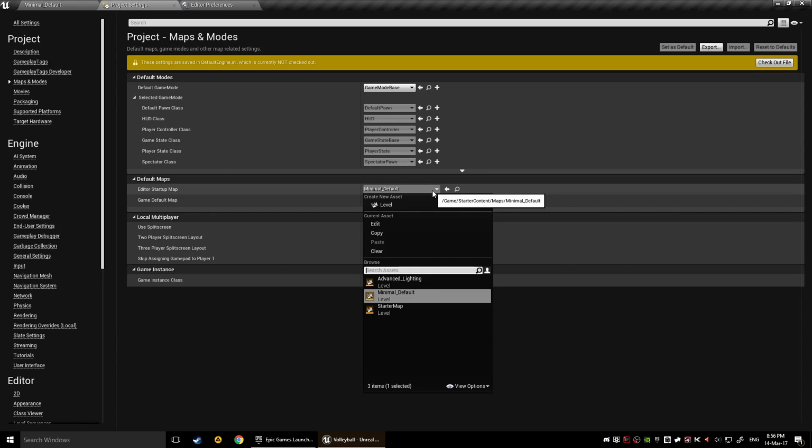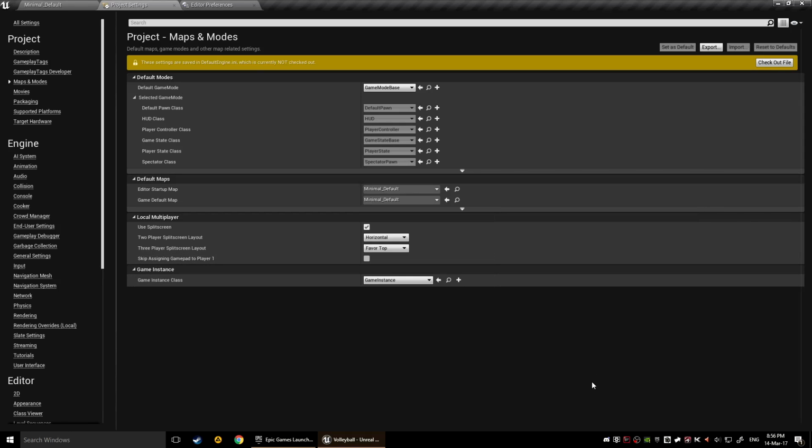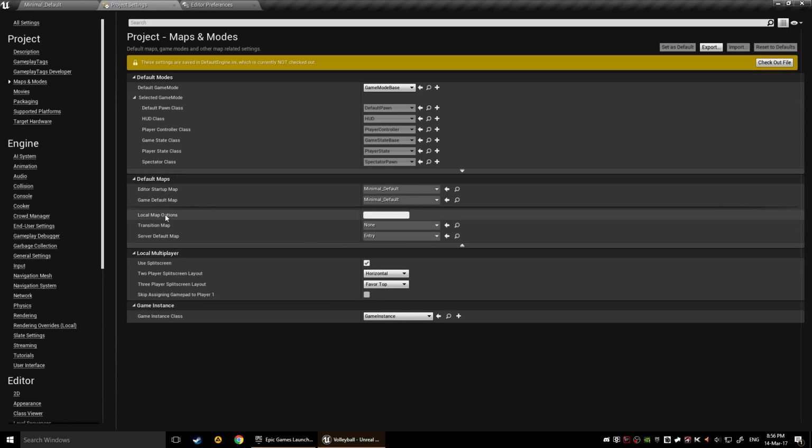I'd leave it at minimal default. You don't want it to go to advanced lighting or starter map because they're a lot more complicated. There's more stuff to load. Obviously, you can just create a new level, an empty level, and have that, but I just like the minimal default one. And obviously, the game default map is the one where the game itself is going to play. So you can have 2 separate maps. When you drop it down here, you've got your little,